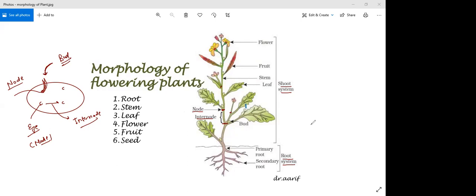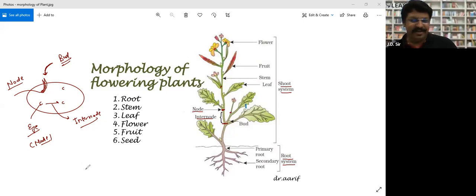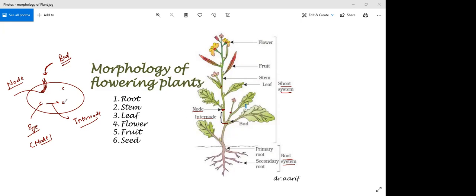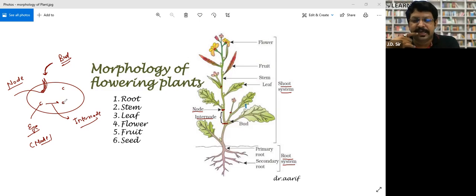It depends on the questions. That will be simple only. I won't ask you very hard type of questions, right? So look, potato has node and internode. On the basis of that, we can say that this is the stem, right? So always all the buds arise from node. These are very basic questions, but these are the questions actually. So every stem will have node and internode.